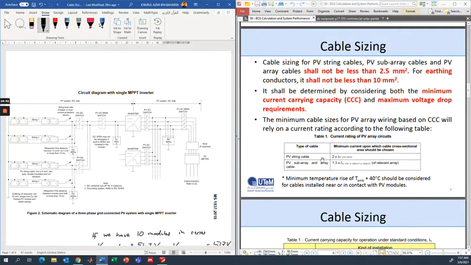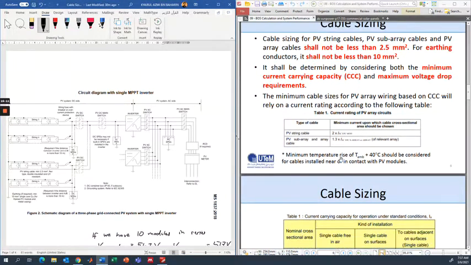So again, we see here, for the PV string cable, it should be 2 times the short circuit current of one module. And for sub-array and array cables, it should be 1.3 times the sub-array or array short circuit current. Okay, so 2 times for the string cable, 1.3 times for the sub-array and array cable.